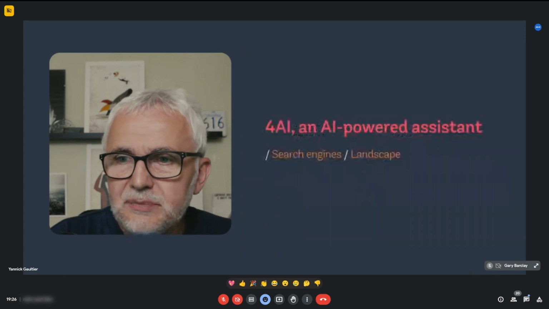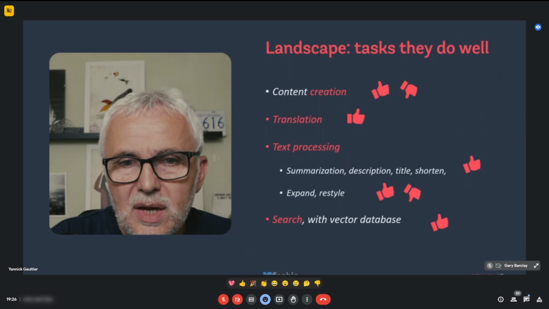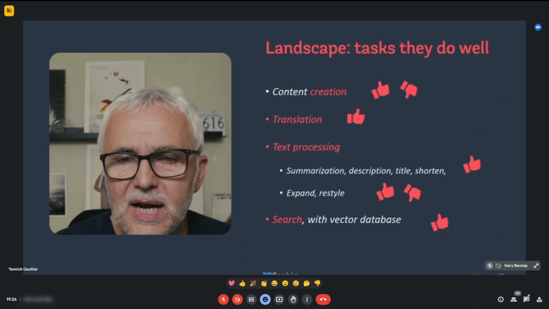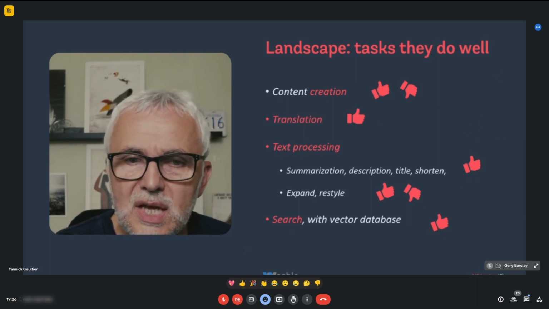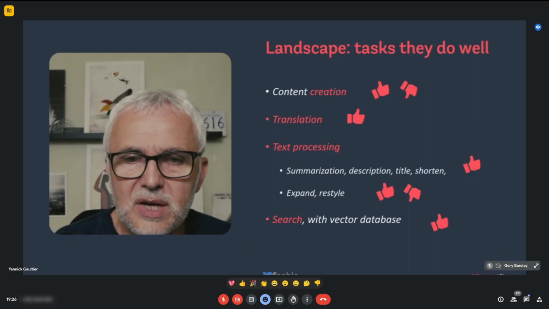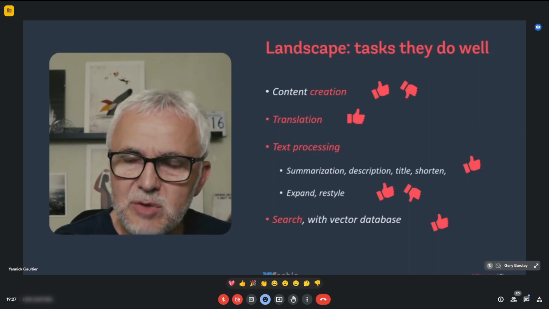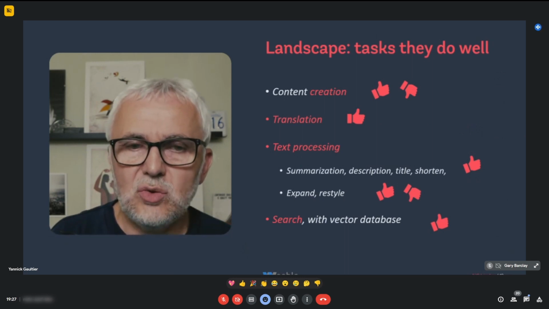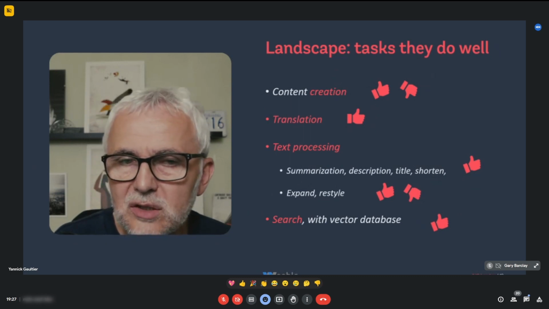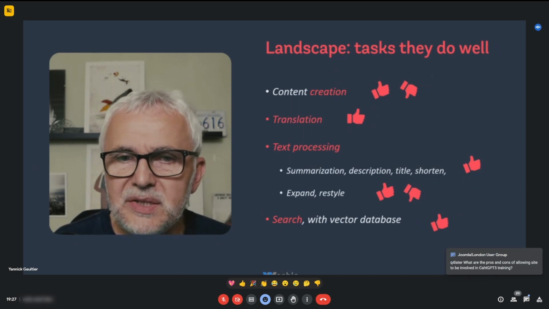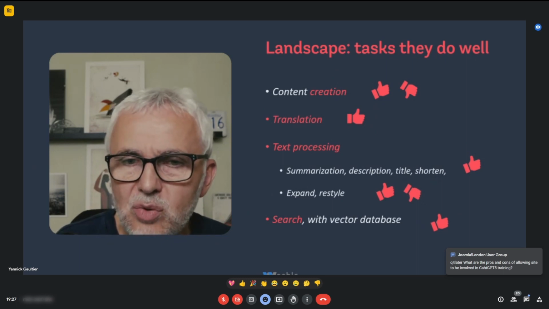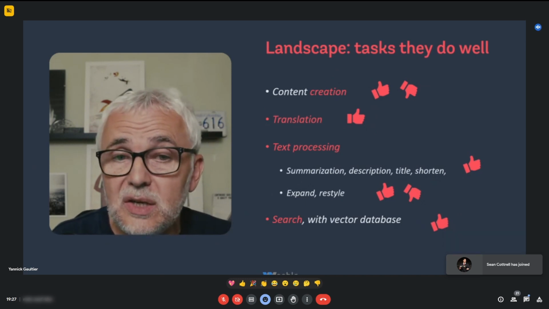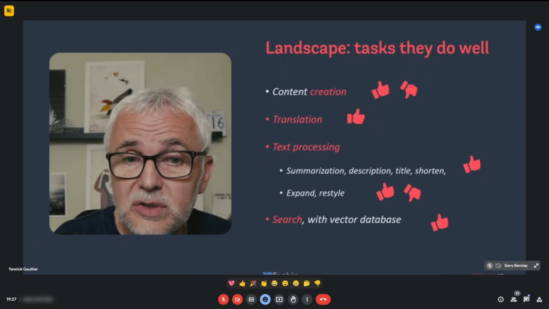Okay, so now, how about AI itself? Well, when I looked at that, I did some testing at the start, and I realized that there are various areas where we can use large language models and their AI APIs. Many people are looking at it to be the ideal tool to create content, to create articles. It's hit and miss. Many times the content that's created is really poor because it has no life in it, if you will, but also for other reasons, like it can easily include false information.